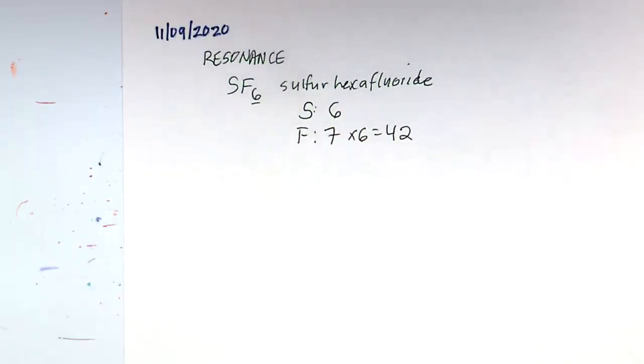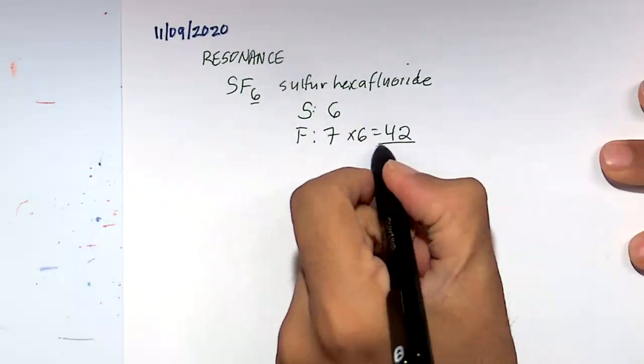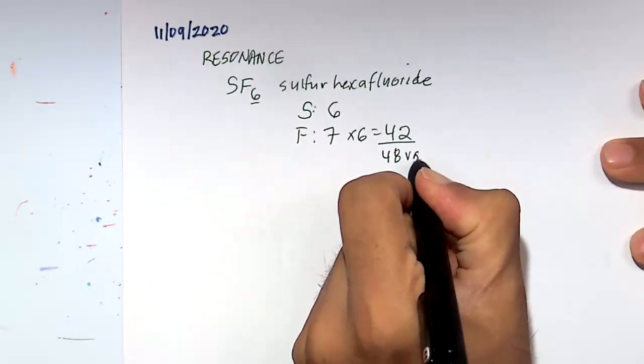By the way, if you want to know why sulfur is happy at 6, we can do this. Carbon loves 4. Nitrogen loves 5. Oxygen is 6. So sulfur will be 6, fluorine and all the halogens are 7, and then the noble gases are going to be happy at 8. So 4, 5, 6, 7, 8. Our goal here is to get 48 valence electrons